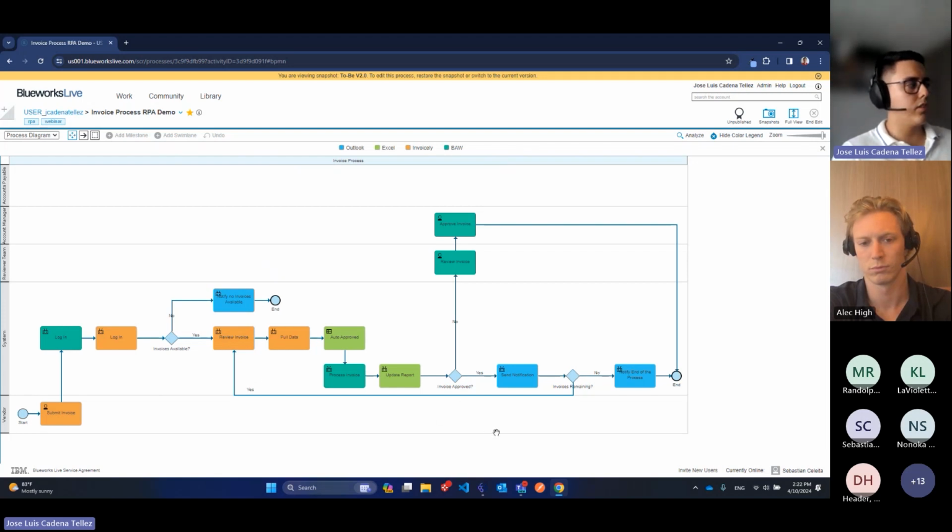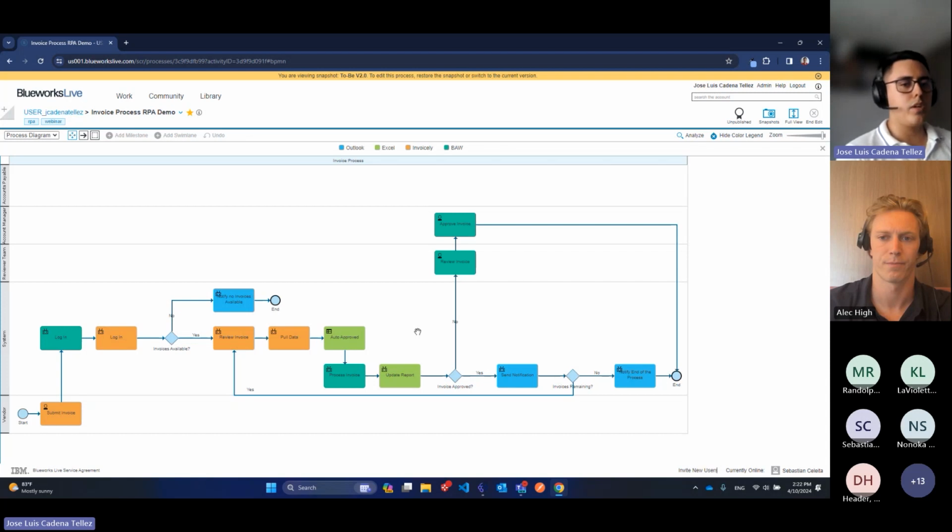Of course, in the process we might still require some human intervention, but this is probably not going to be for the entire process. In this scenario, since we're going to do some auto approving to minimize the volume of invoices that the teams have to process, we saw that in the as-is, how the process is currently working, they're almost processing 100 invoices per day. Once we implement this automation, we can go to only 10 invoices. So the bots are going to take care of 90 of them,